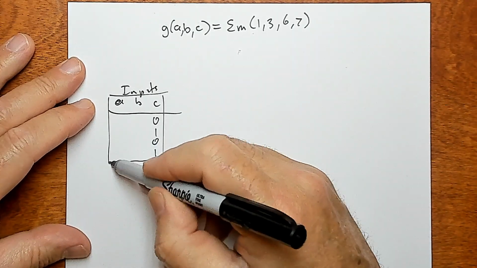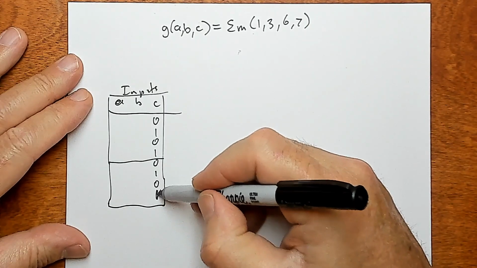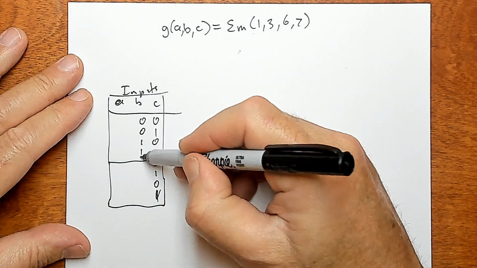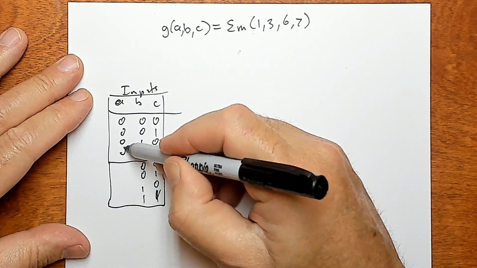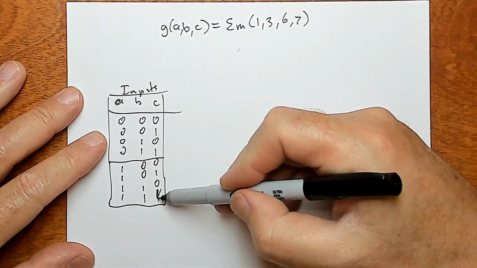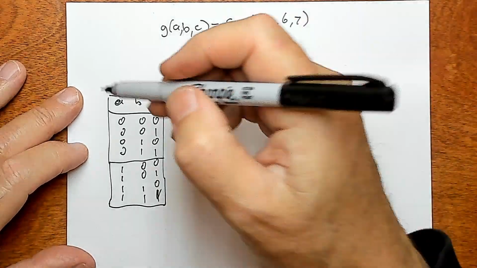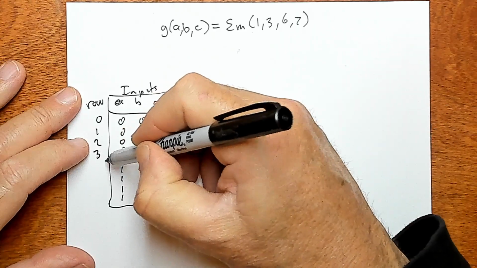zeros and ones. And you can build these input tables just by doing this pattern: 0, 1, 0, 1, 0, 1, 0, 1, and then 2 zeros and 2 ones and 2 zeros and 2 ones, and then 4 zeros and 4 ones. So that's the input pattern counting from 0 to 7 in binary. You could put the row number on here in decimal, just to make it a little bit easier to see